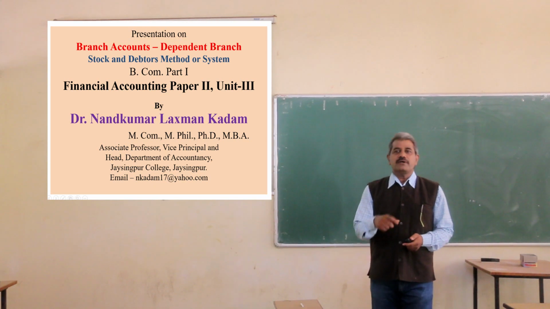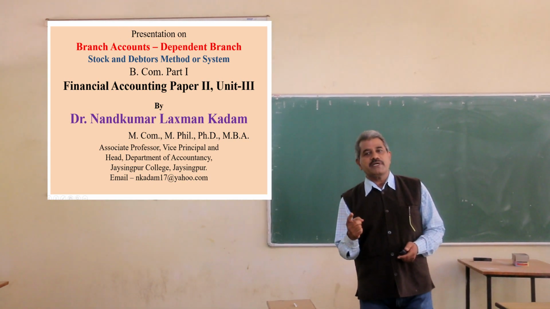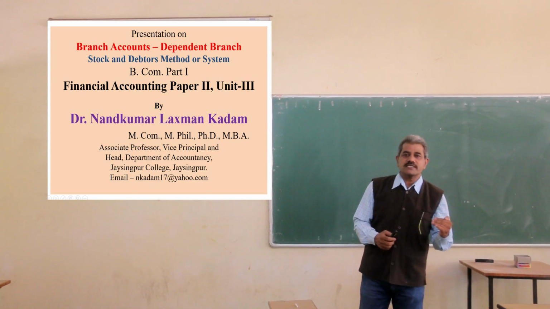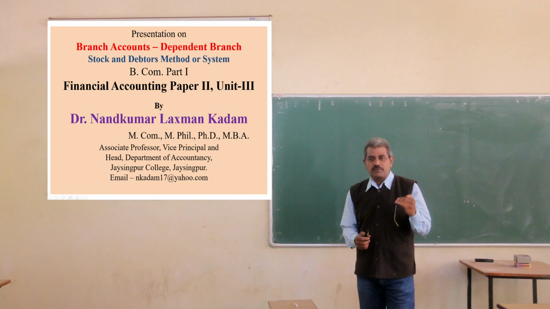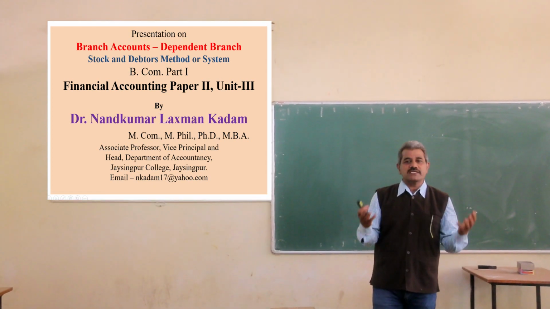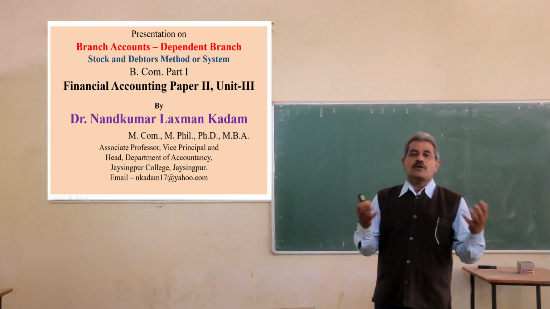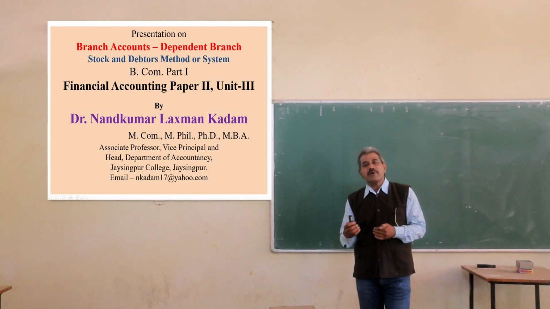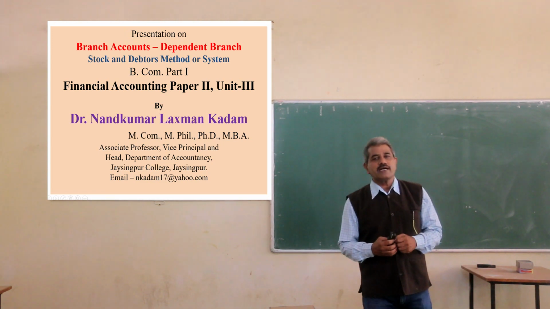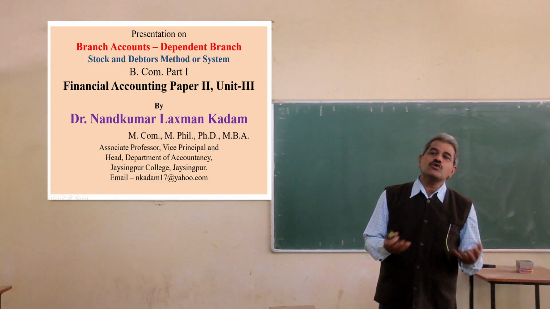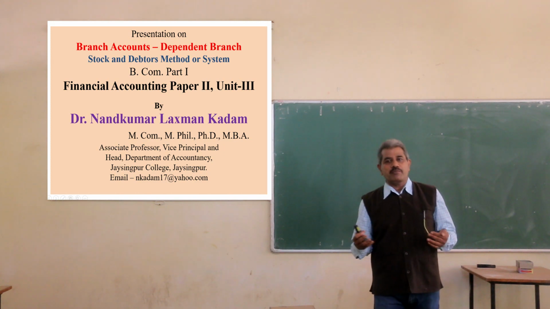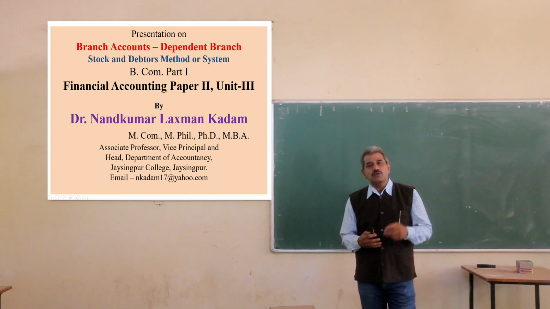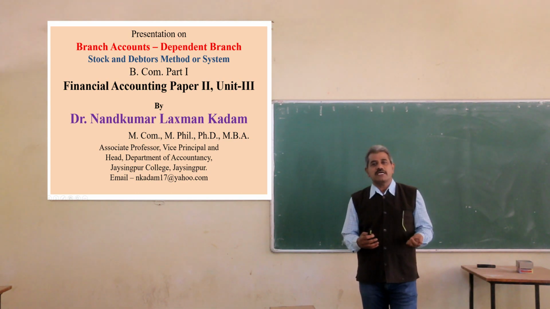In the syllabus of BCom Part 1 Financial Accounting Paper 2nd, we have already discussed two parts. In the first part, we discussed the introduction of branch accounts: the nature of the branch, the objective of the branch, and the calculation of loading. In the second part, we discussed the accounting treatment under the branch account method as well as how to prepare the branch trading profit and loss account method. It means out of the three methods of accounting of branch, we have covered two methods in the second part.